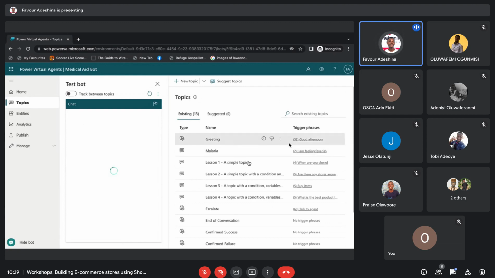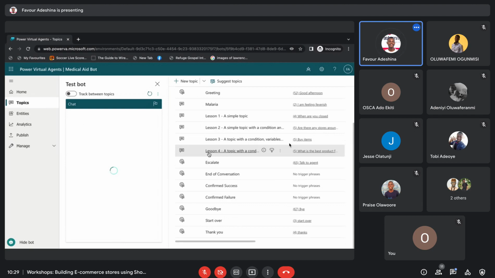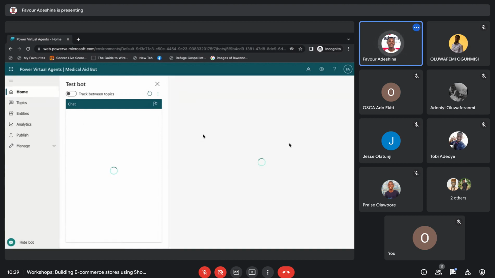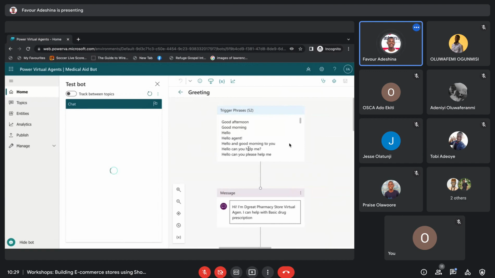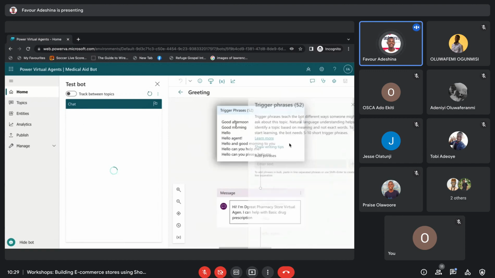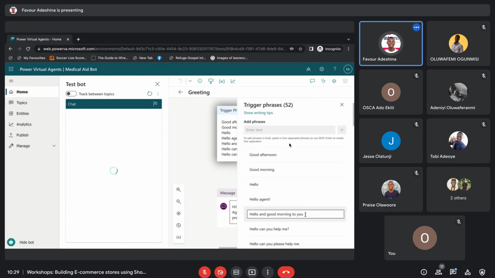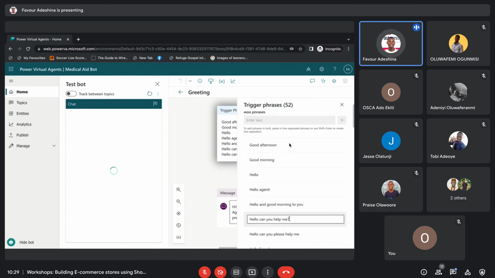So I'm just going to set a topic, and we have some existing topics already, some templates that Microsoft sets to help you. I'm just going to use this greeting topic here. If I click on it, you'll see the various phrases that will trigger this chatbot. Whenever someone says good afternoon, or good morning, sorry, or hello agents, or hello and good morning to you, or hello, can you help me?